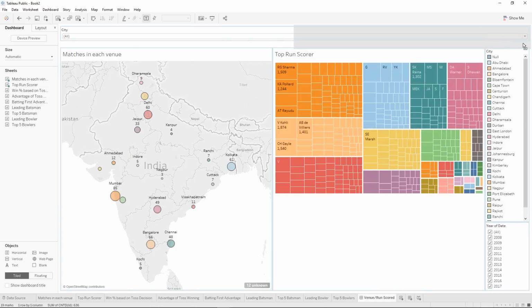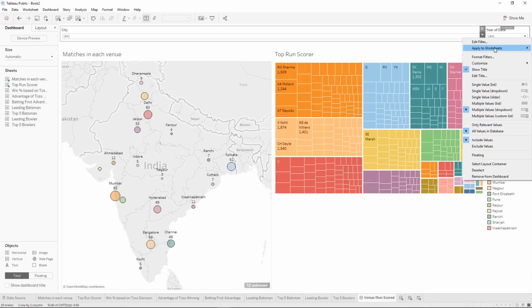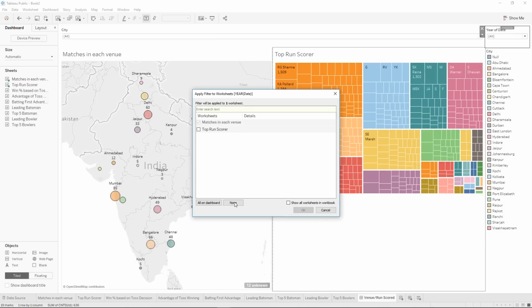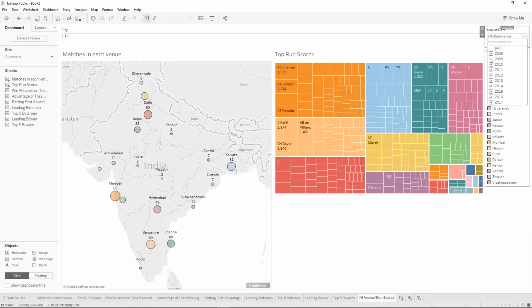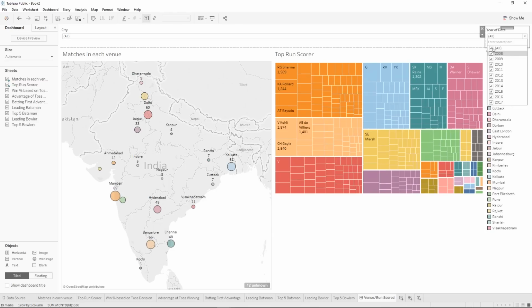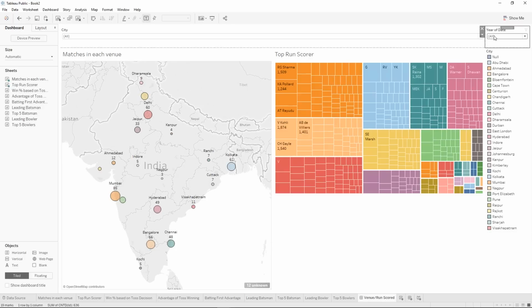Let's put it up next to city. And we'll also change it to a multiple value drop-down list. And we'll also have it apply to selected worksheets, all on dashboard. Okay. So now we can see the different years. If we only wanted to see maybe 2017, they both apply, or they apply to both